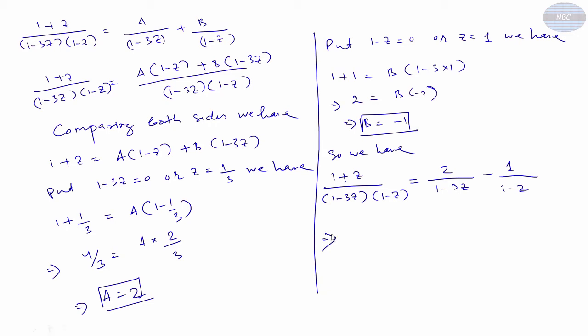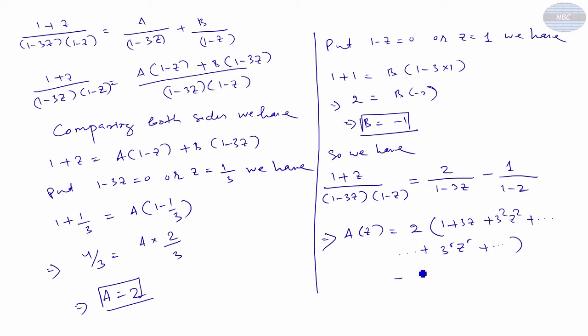So we can have az, because the left hand side is nothing but az, is equal to 2, so we'll use the formula 1 divided by 1 minus x, this is equal to 1 plus 3z plus 3 square z square and so on to the rth term 3 to the power r z to the power r and so on.